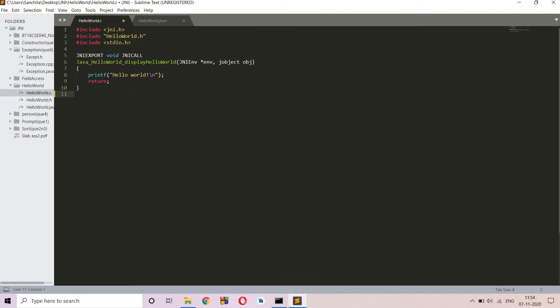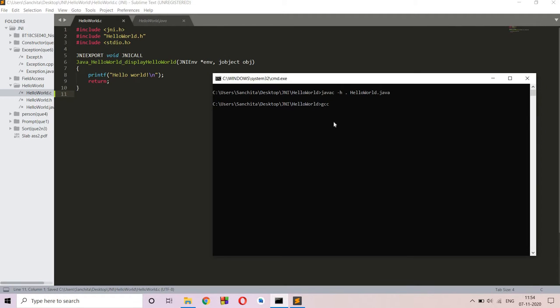This is my native code of HelloWorld.c, and I'll compile this. For this, here I have included the jni.h and stdio.h libraries, so we have to include the paths of those libraries wherever they are present. So I'll show where. There must be an environment variable set in your laptop or computer.